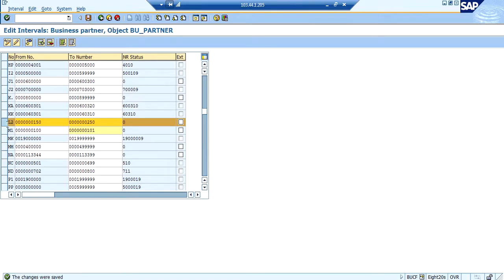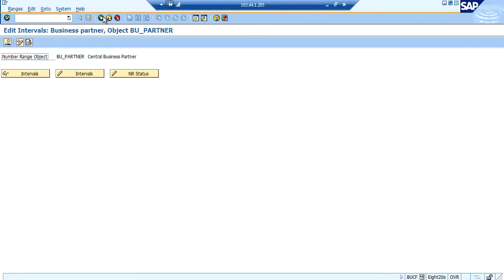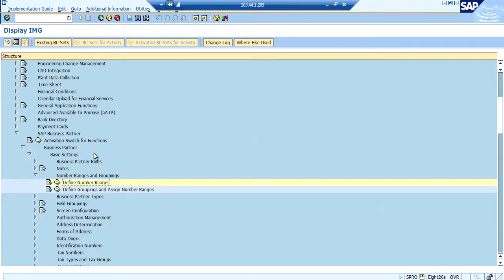So now we have created a number range with L2. Now we have to go ahead and assign this number range to the grouping.